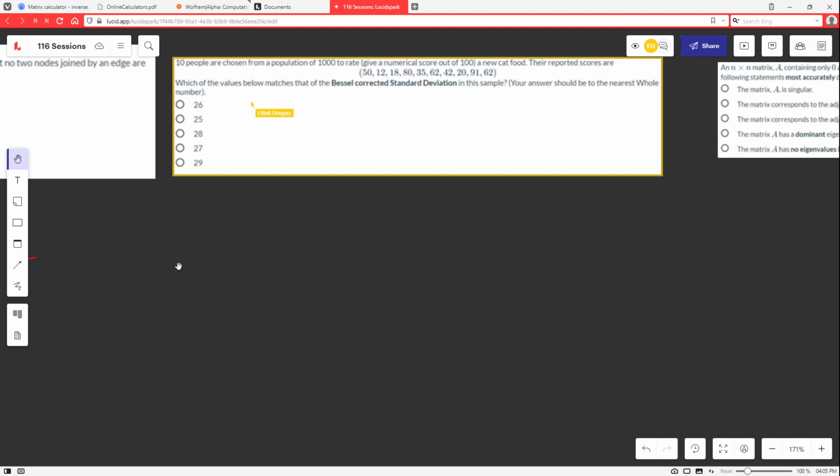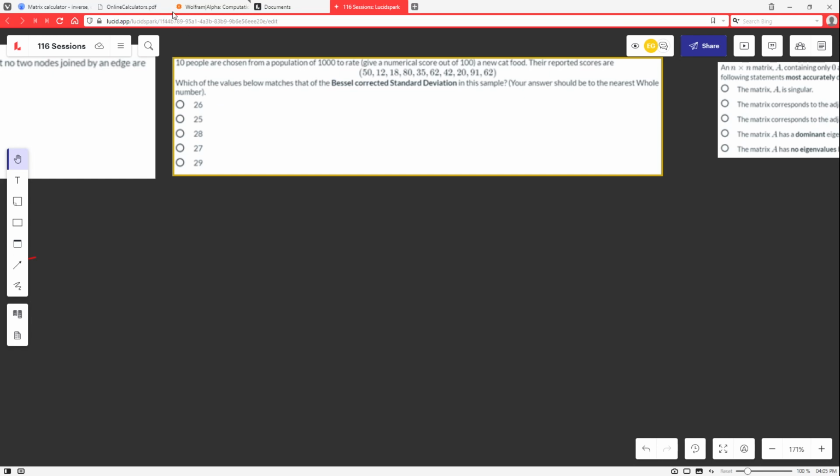Okay, 10 people are chosen from a population of 1,000 to rate, given a numerical score out of 100, a new car or food. The reported scores are given. Which of the values below matches that of the Bessel corrected standard deviation in this example, rounded to the nearest whole number? So this one,